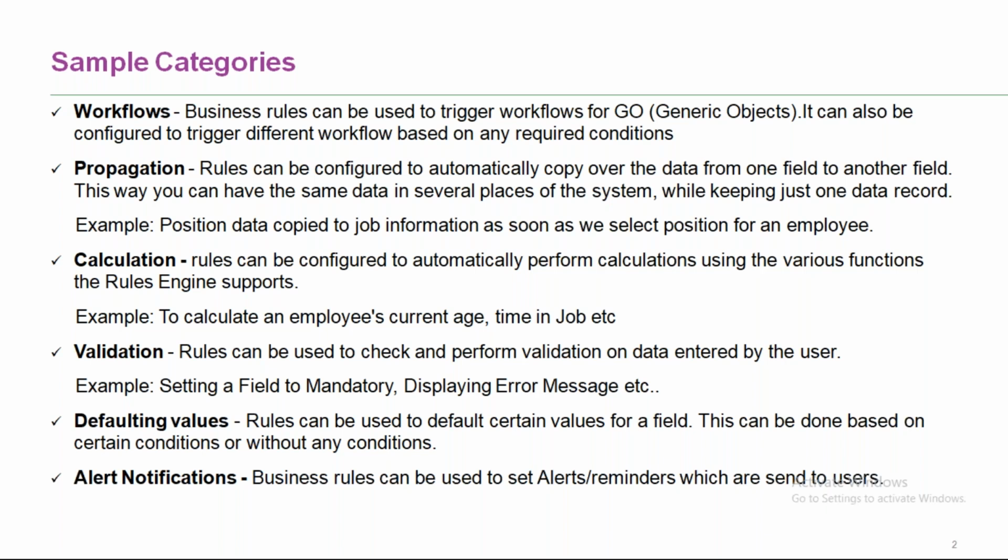And then we have defaulting values. If you want to default, let's say I have selected a particular field as male, and I want some other field to be defaulted as some other value. Or let's say in personal information I have fields like first name, last name, and middle name. I want display name to be automatically defaulted based on my last name. My last name should be equal to display name. Or there is a preferred name. My preferred name should be equal to my last name. So whenever the user inputs the last name, the system should automatically pick the preferred name. So that is defaulting values.